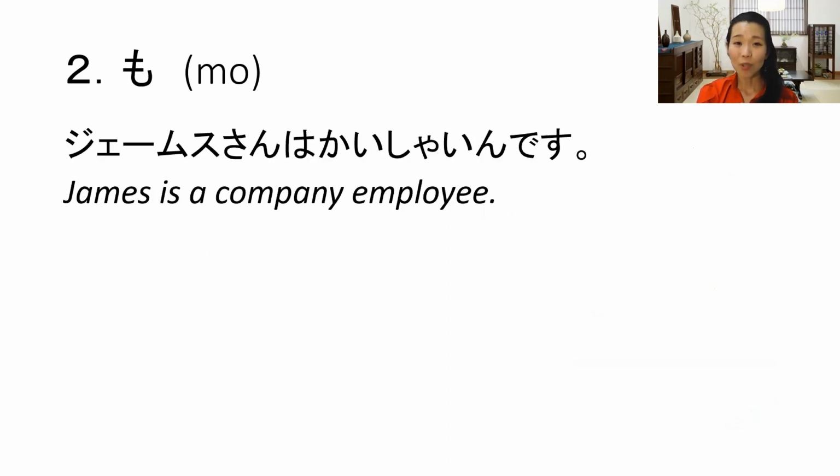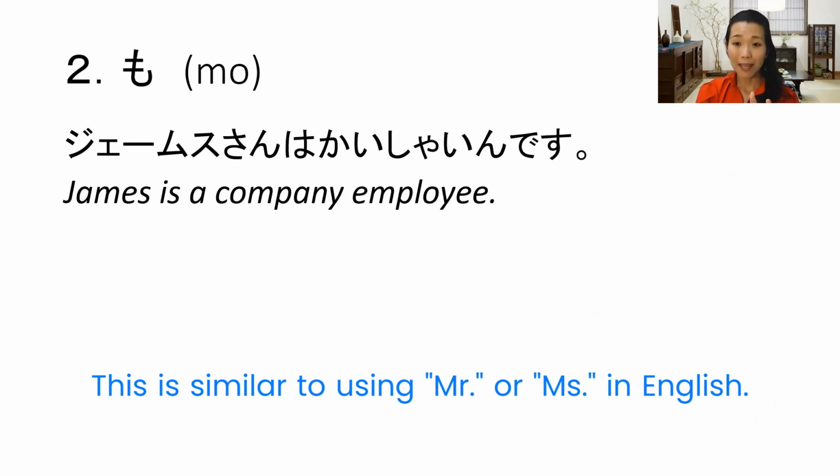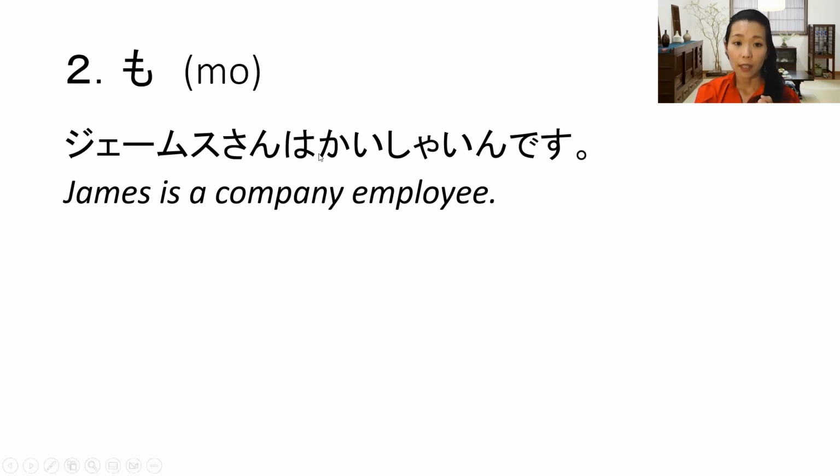Let's look at some example sentences. ジェームスさんは会社員です。Do you know what this means? James is the person's name, then さん is added after the name to show respect, like James さん, or if my name is Ayana, the student's name is Scott さん. So that means showing respect. You could drop it if it's a friend. Then は is the topic marker, then 会社員です。